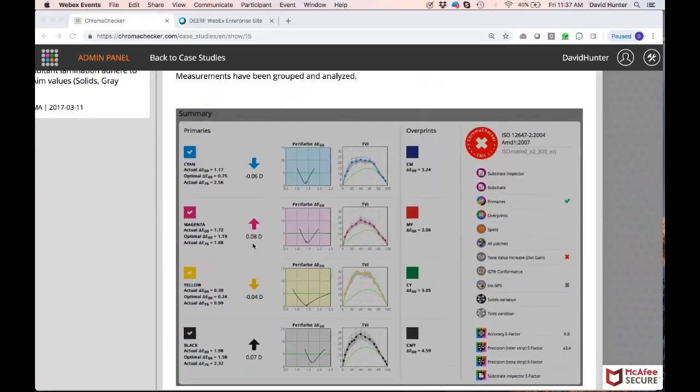We're always going to be splitting hairs, but the beauty is, in this process, we're going to get it as close as we can here, and we can see our delta Es to GRACoL are 1 and 1 and 0.3 and 2. We're going to end up making what we call an OK sheet, which is actually how that press prints, and we're going to direct that press operator to come back to hit that OK sheet in the future with these exact densities and the exact dot gains,